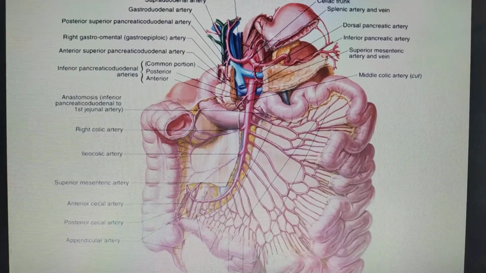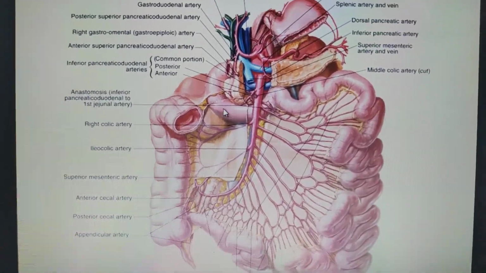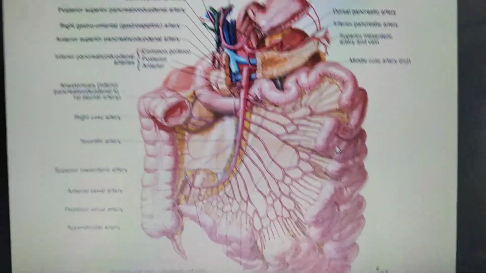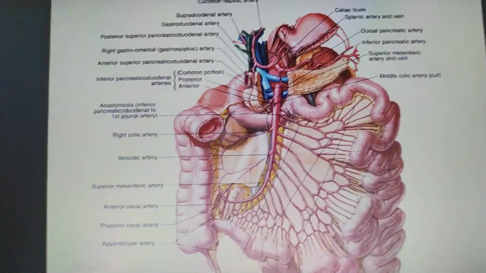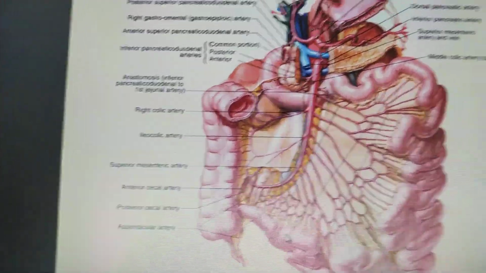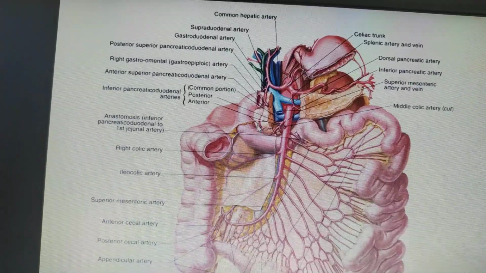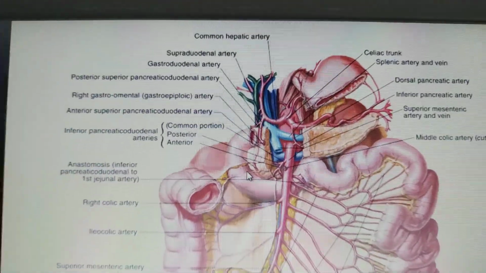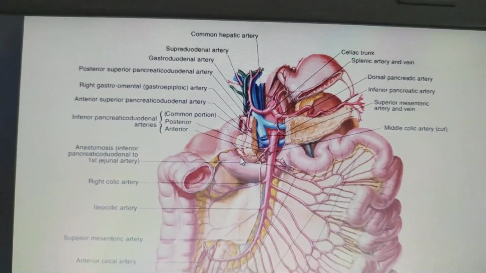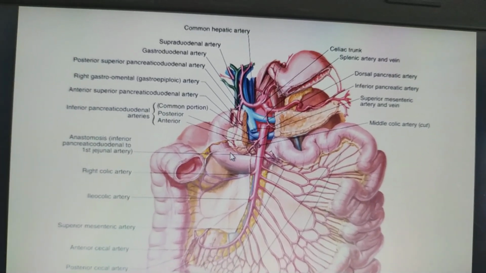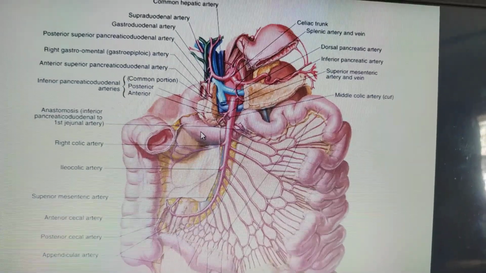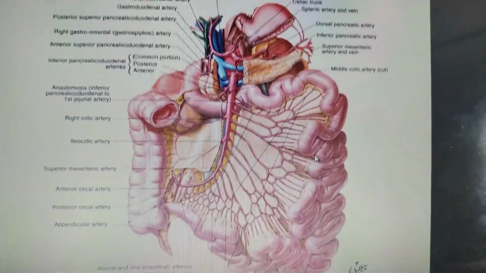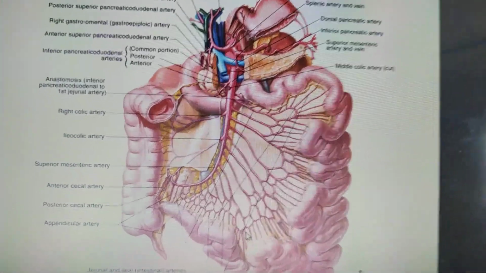First of all, this one is the duodenum. Now this is the jejunum and this is the ileum. As you know, the duodenum is a retroperitoneal organ and it does not possess a mesentery. Many Brunner's glands are present in its submucosa. Now coming to the difference between the jejunum and the ileum.